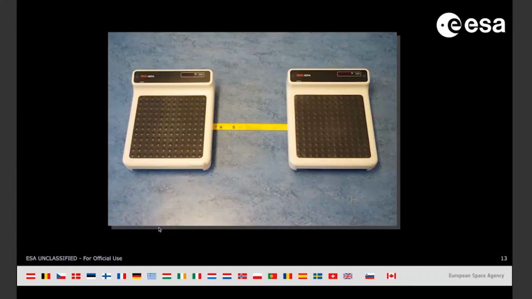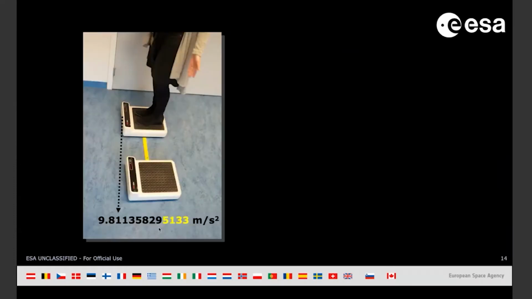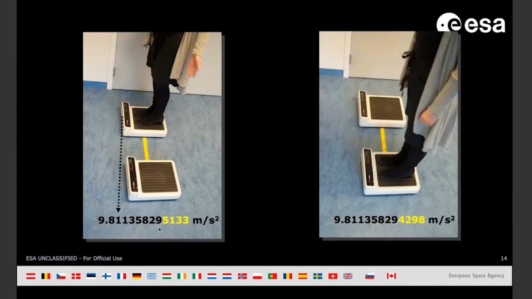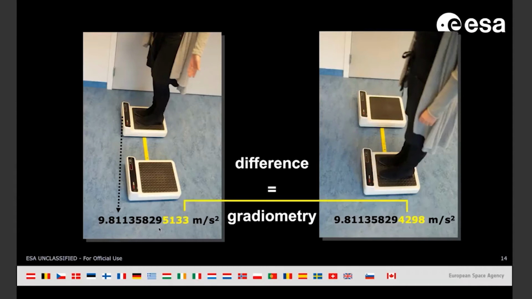Well, if you first step on one balance and you measure gravity, you can see a value here with a good number of digits, obviously, because you need a very, very precise scale to be able to do this. Then you can measure by moving, let's say, half a meter, and you measure a slightly different value if your instrument is precise enough. And then the difference between those two measurements, they are actually a measure for the variation